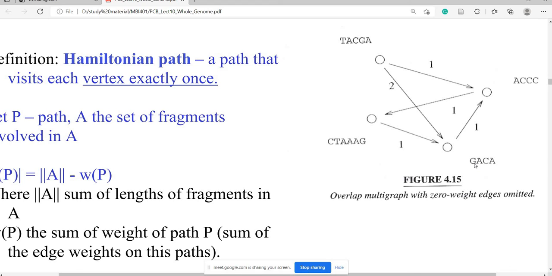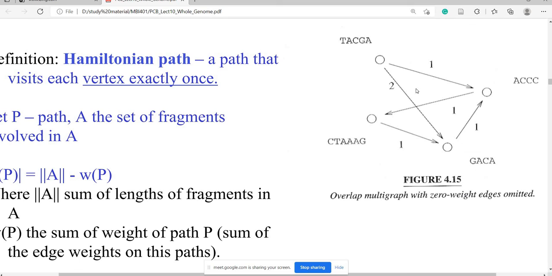So obviously the G is present at the end in this fragment, and G is present at the first here. So we can align this fragment to this at the end. So this is according to the matching, how many residues are similar.